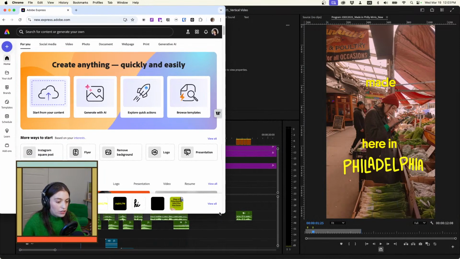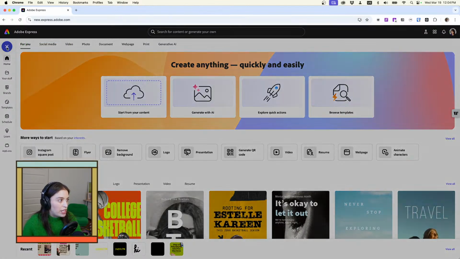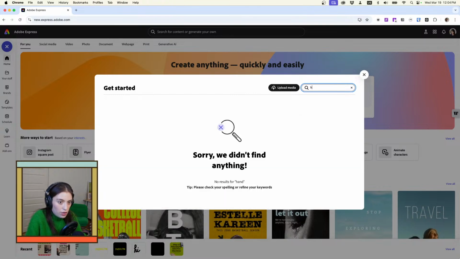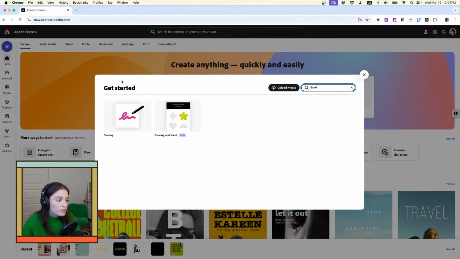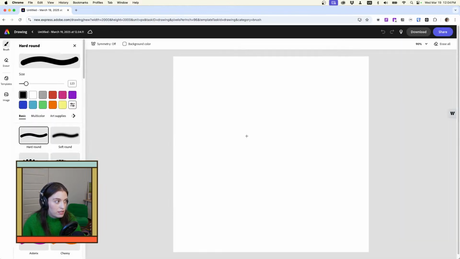So in Adobe Express, you're like, why are we in Adobe Express? It's just to create some of the handwritten type. So if you go into here, press the plus button and type in hand or draw, there we go. Click on drawing, you get this canvas. Amazing. And if you didn't know, Adobe Express is free, so anyone here can go on and start playing with it. And this is basically like an online